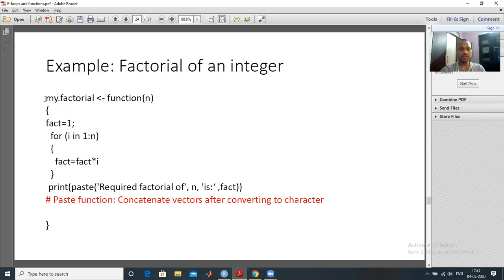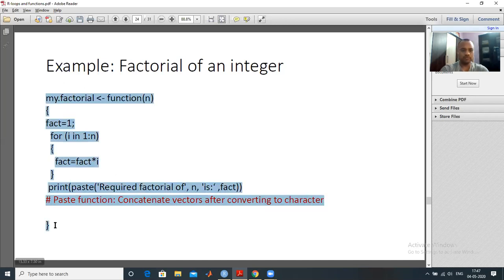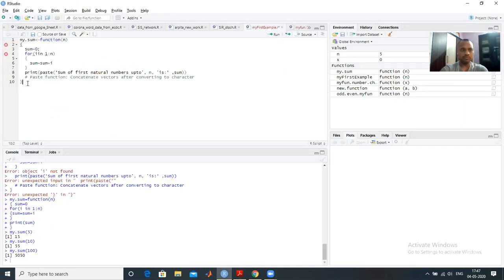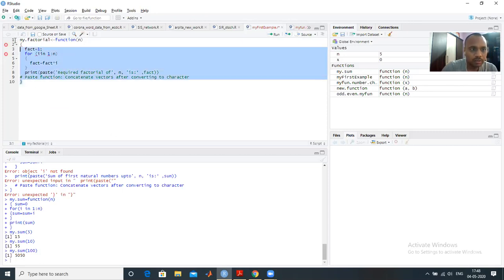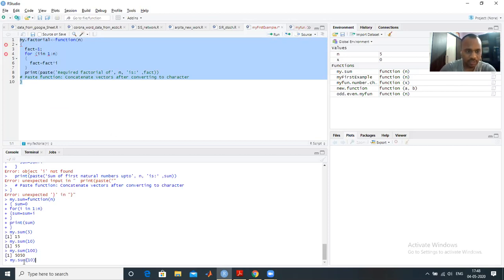So if I take it as a copy paste, I think there should not be a copy paste problem. Yes, so there is no issue in this. Again, there is an issue of copy paste, I think. So I can change it here. In the first line, I defined it as sum. Otherwise, I can copy paste this code.